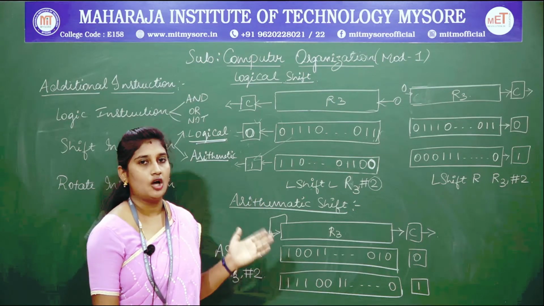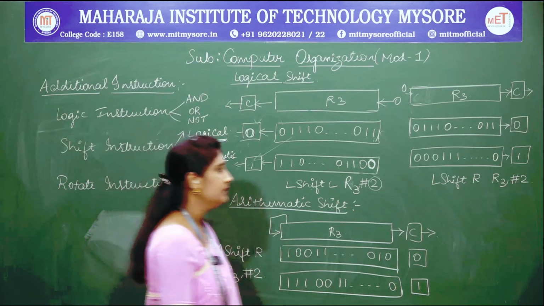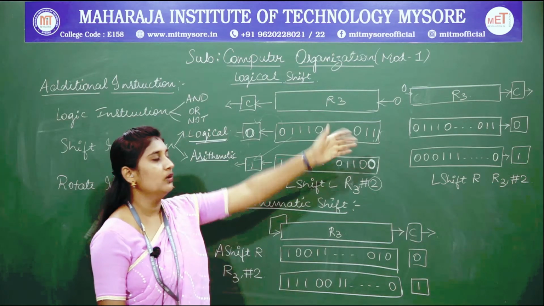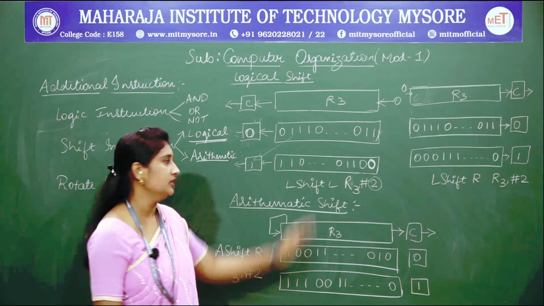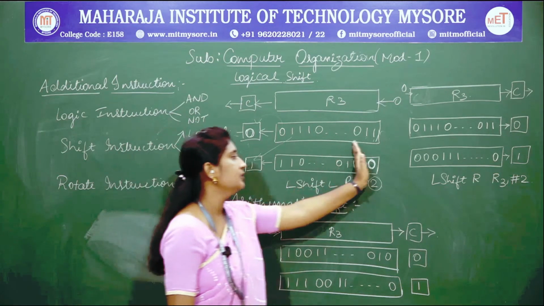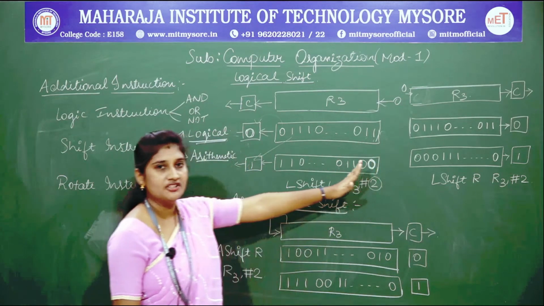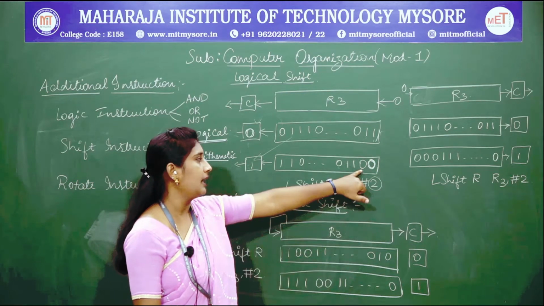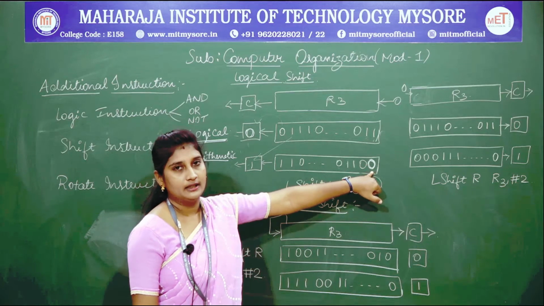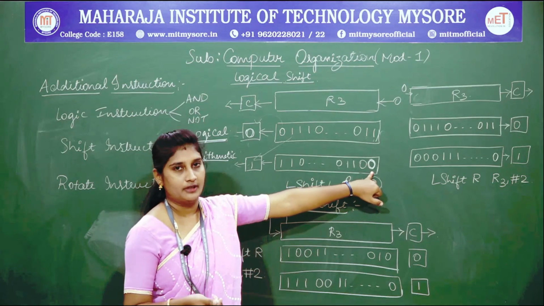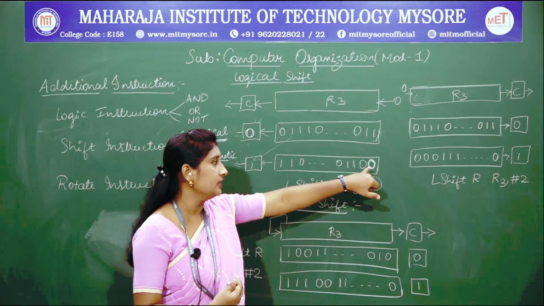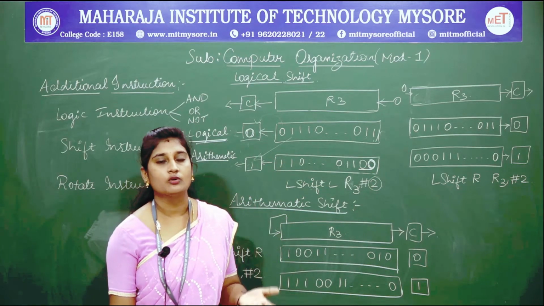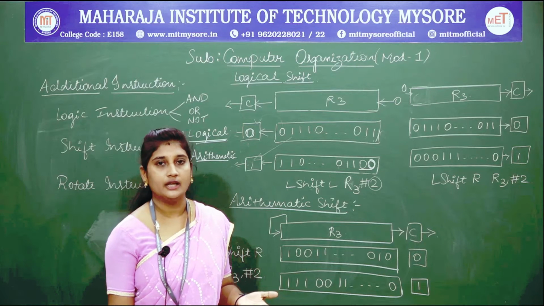The logical shift right operates the same way. The only thing is that here you shift towards the left position, and there you shift towards the right position. While shifting, the bits which are vacated in a logical shift, you fill up with zeros. First I filled it with a single 0, and again I got the vacancy of another bit in the second shifting operation, so I filled it with the second 0. This is how the logical shift operation operates.